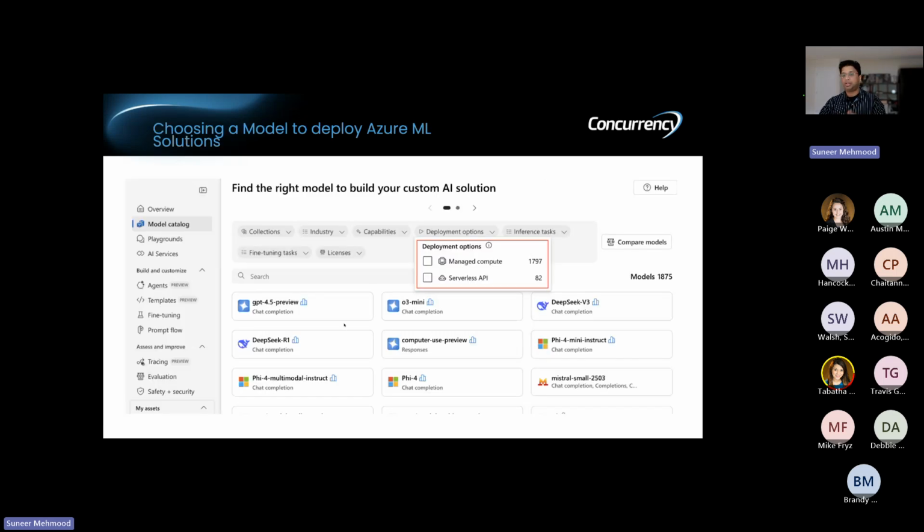I also spoke about different models that could be used. You can see that there are different GPT models like o3-mini and 4.5. There are even DeepSeek models. And you can decide in your Foundry what models you would let your organization use. So that is possible. Moving on.